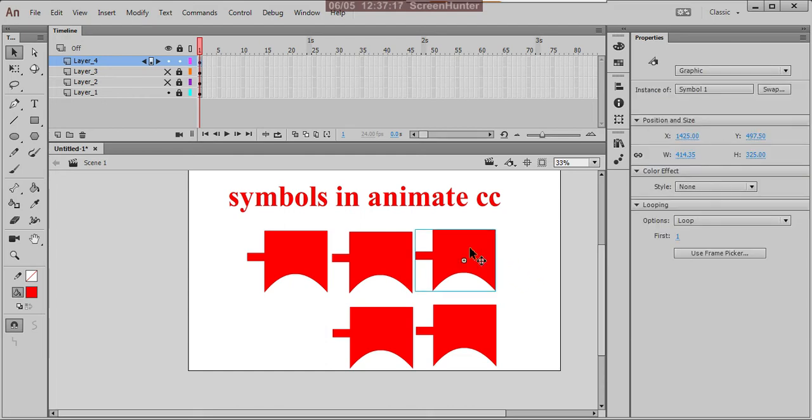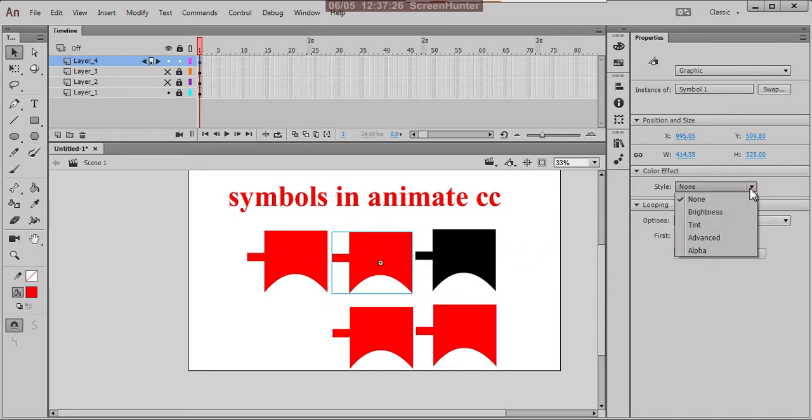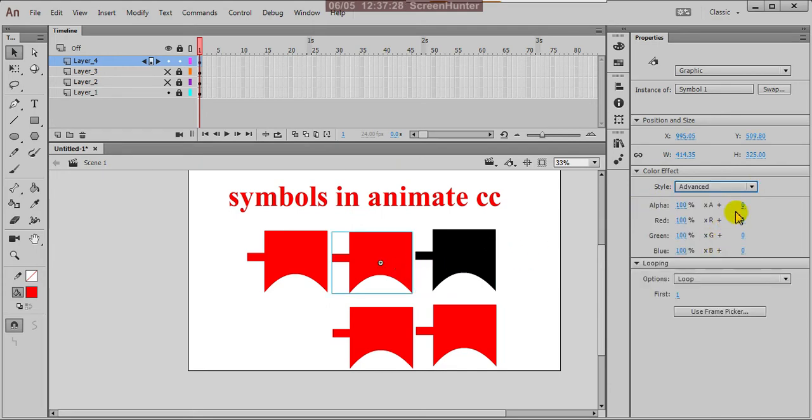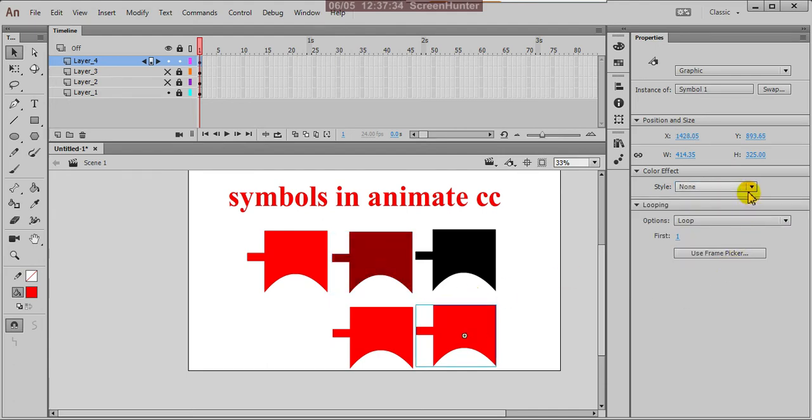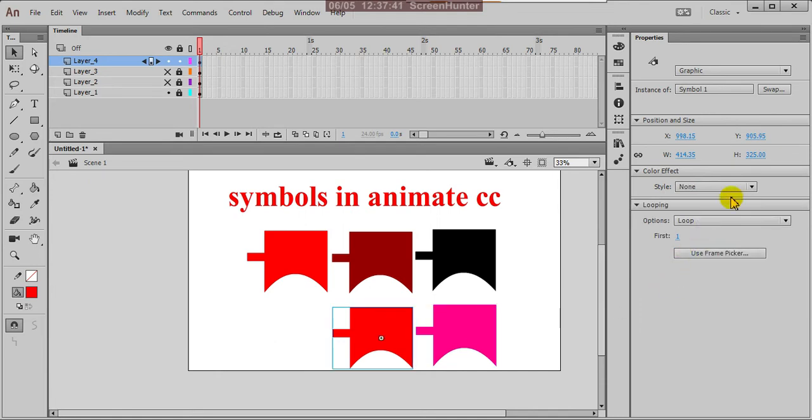And suppose you want to change the color of this, you can change the colors. Suppose here you can use whatever color you want. In advanced, see, you are modifying colors. See, beautiful.